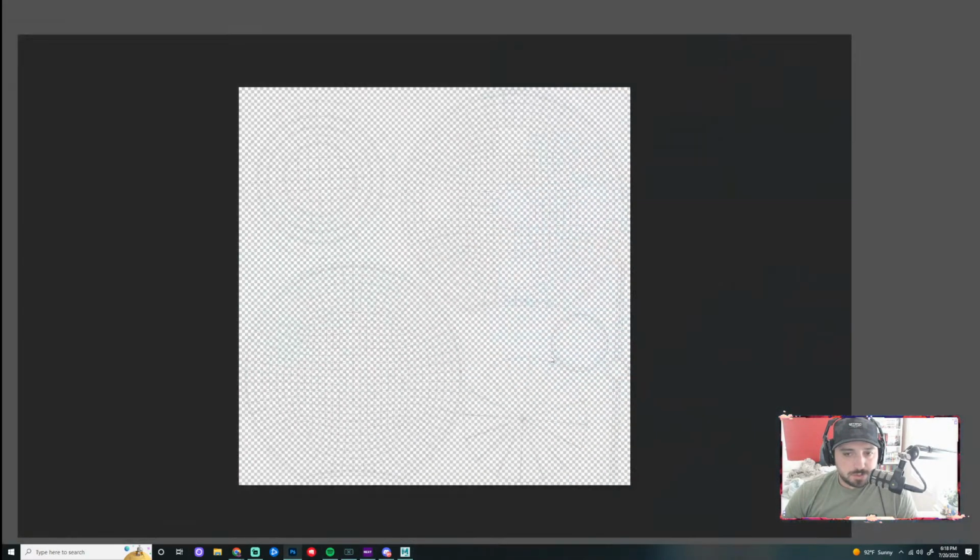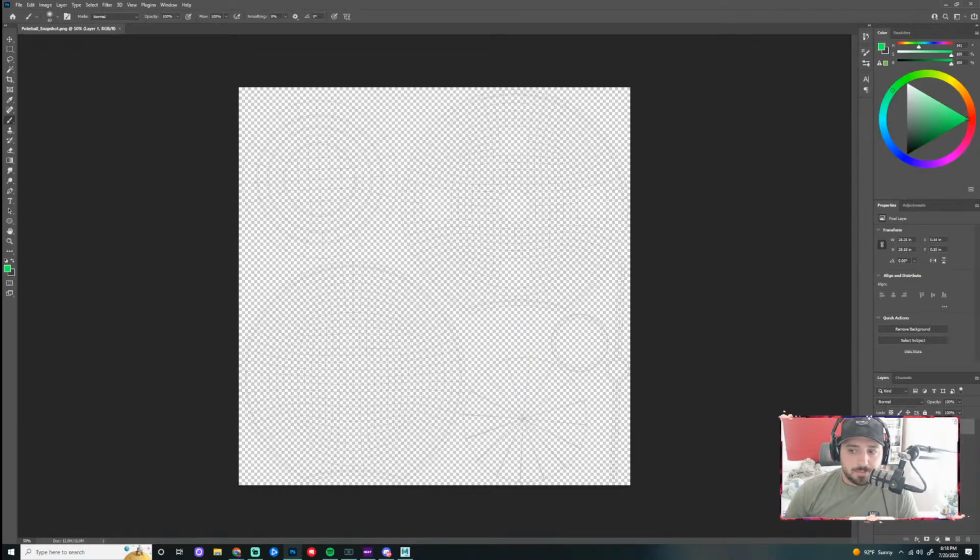Okay, let's jump back to Photoshop. So in Photoshop, what I like to do once I have these laid out in here, I like to rename this layer to snapshot, which I do, remember, by double clicking that layer. And then I want to lock this layer because I don't want to color on my snapshot layer, right? This is just like a roadmap for me to decide where I'm going to start painting certain colors on, right?